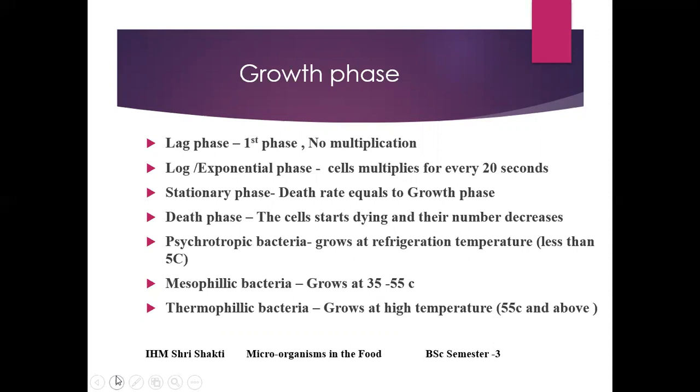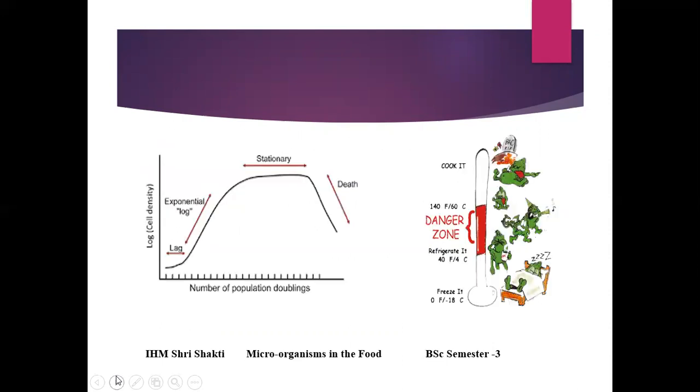There are some bacteria known as psychrotrophic, which grow at refrigeration temperature, less than 5 degrees Celsius. Mesophilic bacteria grow at 35 to 55 degrees Celsius. Thermophilic bacteria grow at high temperature, that is 55 degrees Celsius and above. This is the graphical presentation,